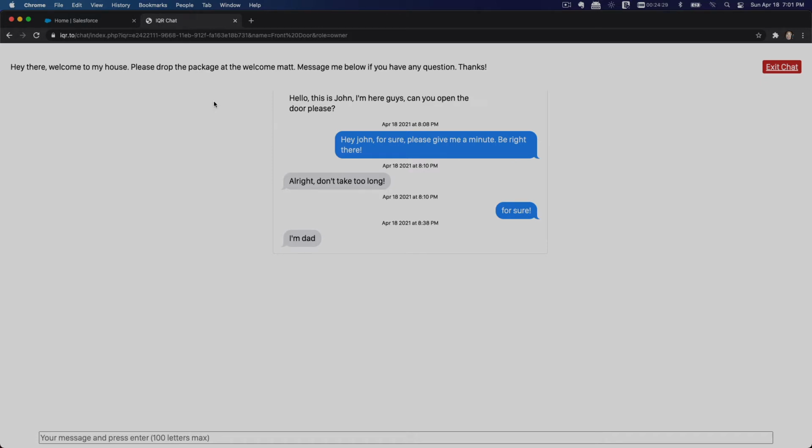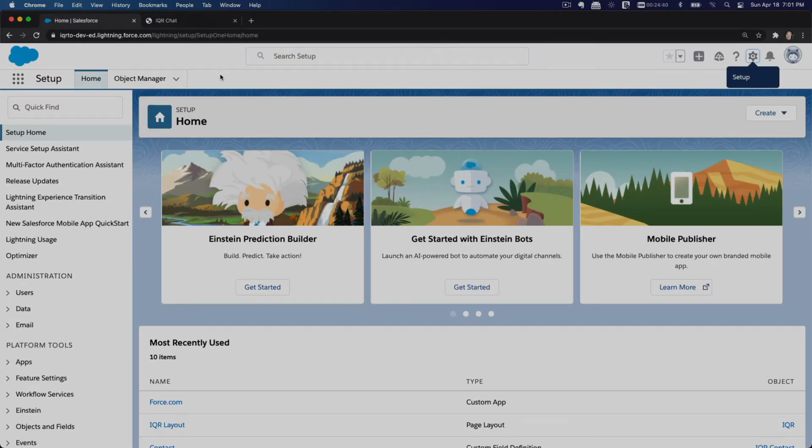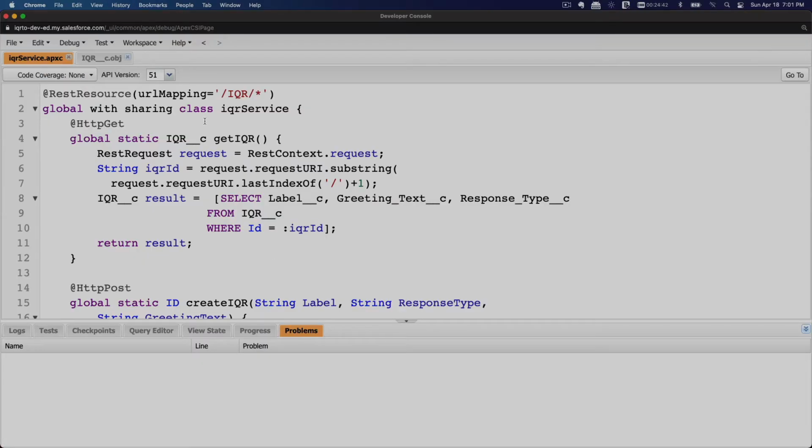So as I said, this will be replaced with the actual ID for the QR, and we will grab it using the get method, the get IQR detail. So what do we want to get? Okay, so this is basically